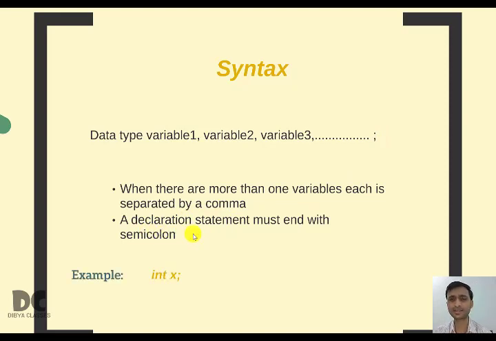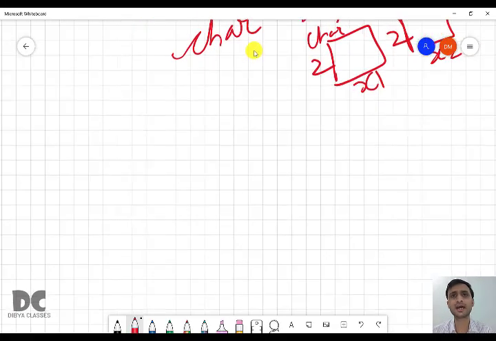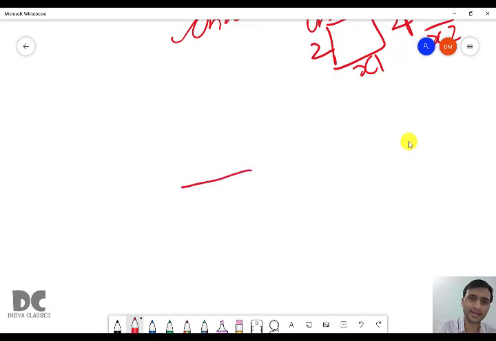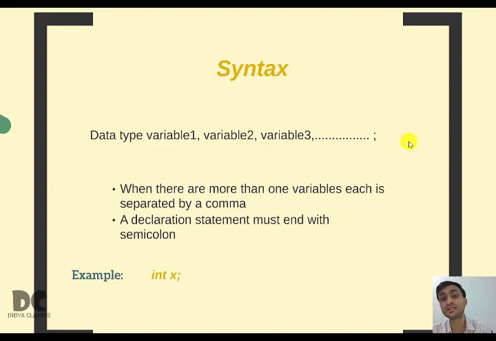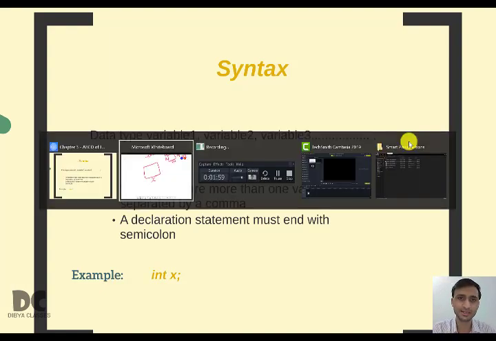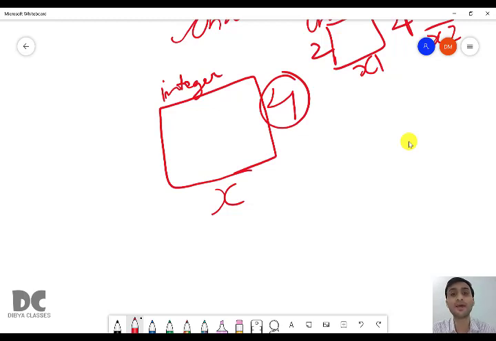This is another example. For example, you have written int x. So what will happen? When you write int x, the Java compiler will first create a variable with name x. Then it will check what the data type is. So here the data type is int. That means it can store integer values of size 4 bytes. So if you give a bigger value out of the range of integer, then it will give you an error. Because the size is 4 bytes, it is fixed. You cannot give a value which is bigger than 4 bytes. Okay.